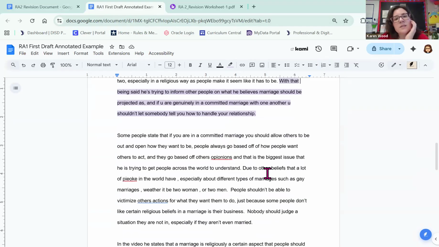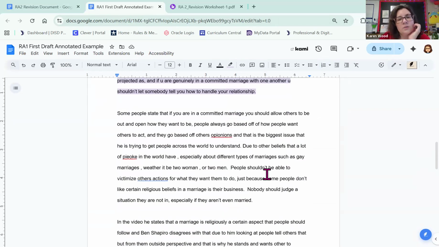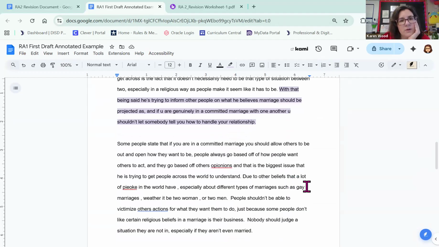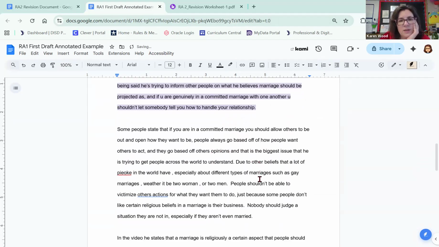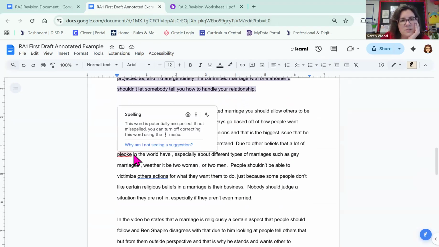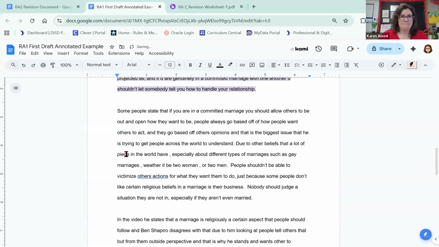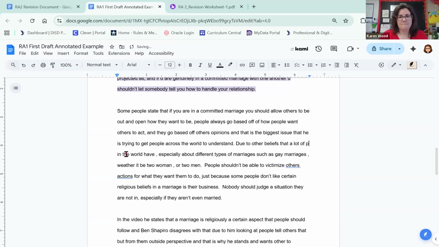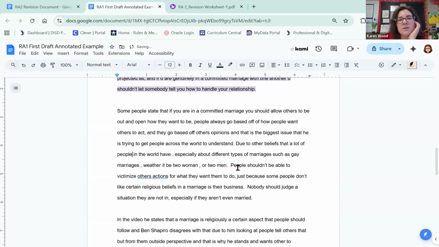Some people state that if you're in a committed relationship, you should allow others to be out and open how they want to be. People always go based off of how people want others to act, and they go based off others' opinions. And that is the biggest issue that he is trying to get people across the world to understand, due to other beliefs that a lot of people in the world have, especially about different types of marriages, such as gay marriage, whether it be two women or